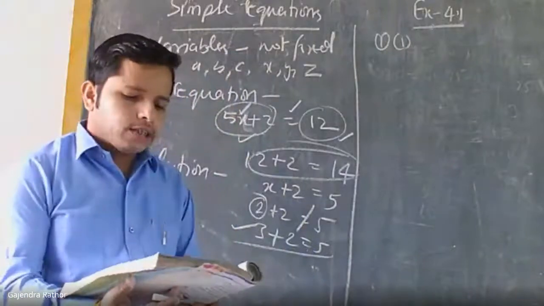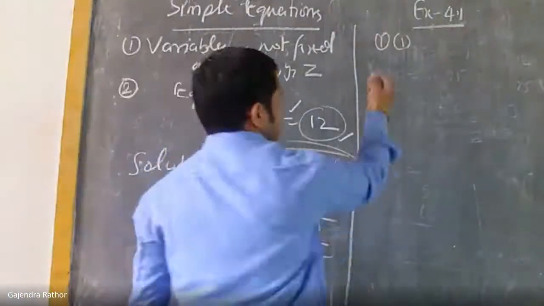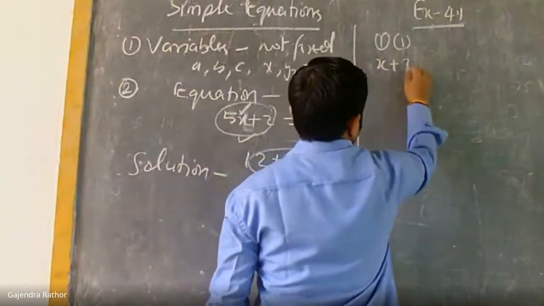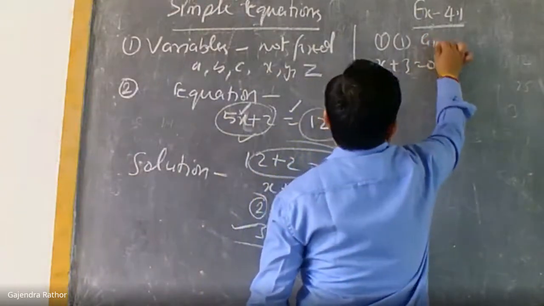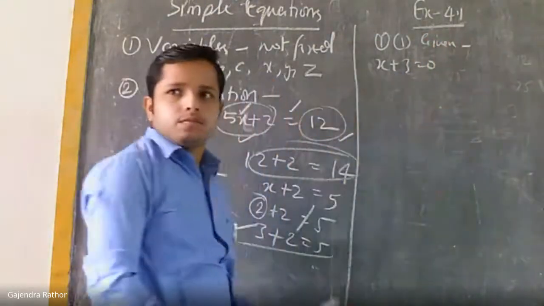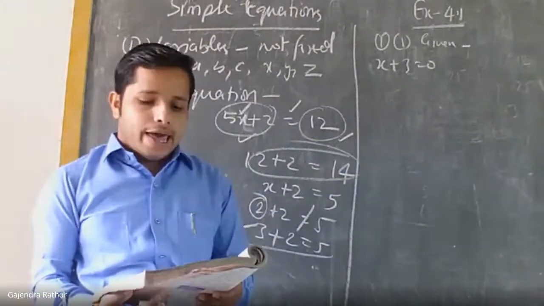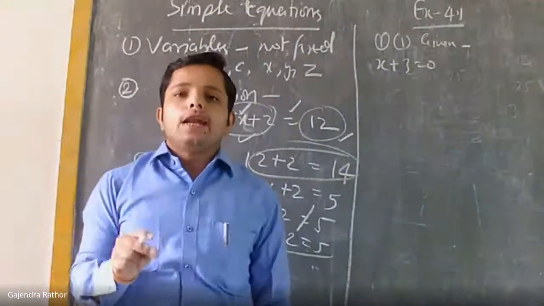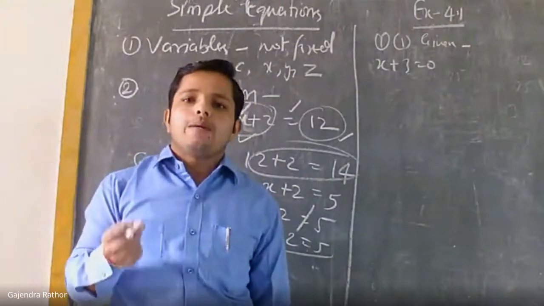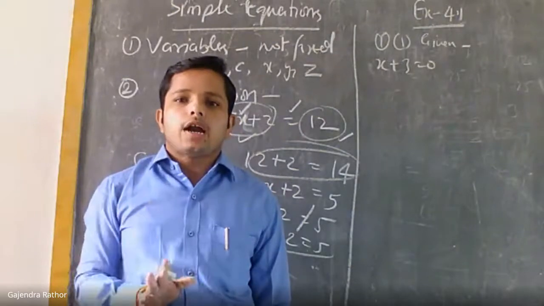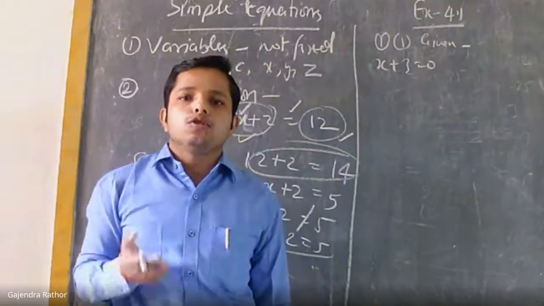So the first equation is x plus 3 is equal to 0. Now you write given. Okay. What is the value? x is equal to 3. तो जो वैल्यू यहाँ पर गिवन है थर्ड कॉलम में हमें उसी वैल्यू से चेक करना है, ना कि हमें अपना अलग से वैल्यू उसमें रिप्लेस करना है.